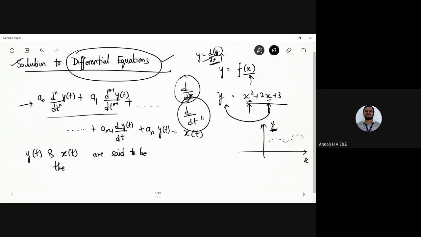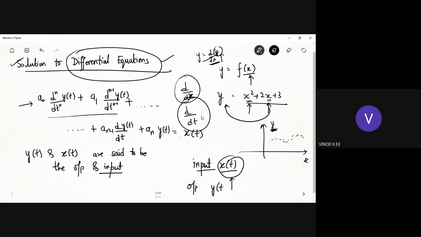the output and input. So the input signal: what is x of t? Can anyone unmute themselves and let me know what x of t, the input signal, is? Is it in the continuous time domain or the discrete time domain? Continuous time domain. Exactly, that is the continuous time domain.